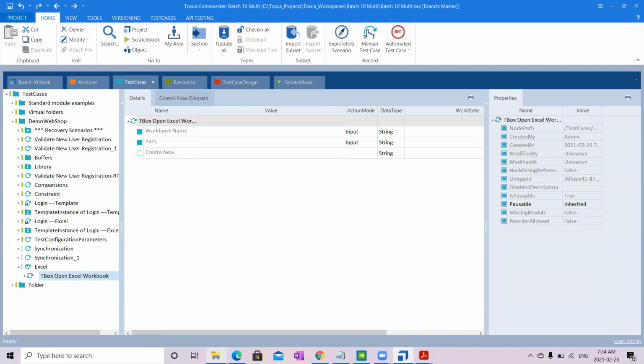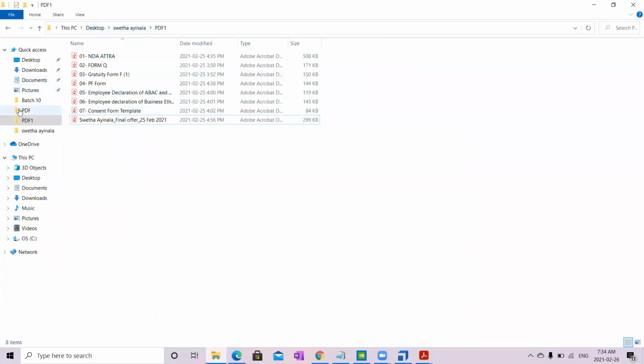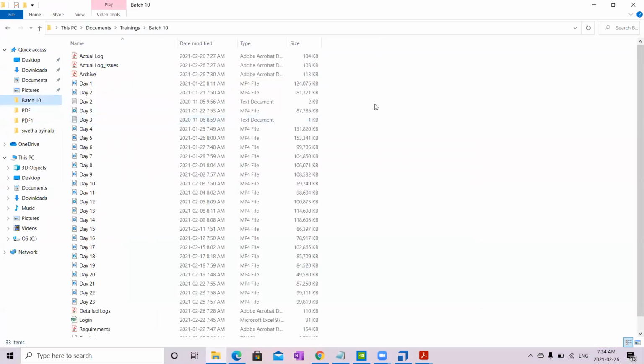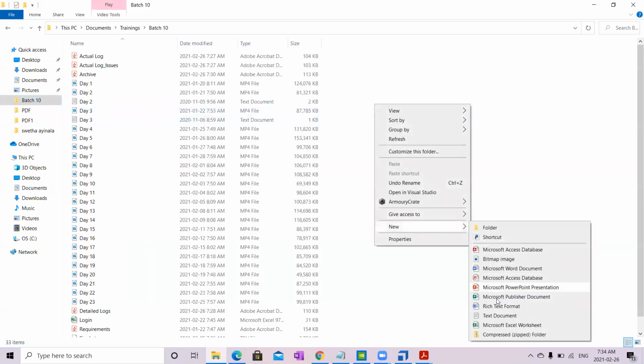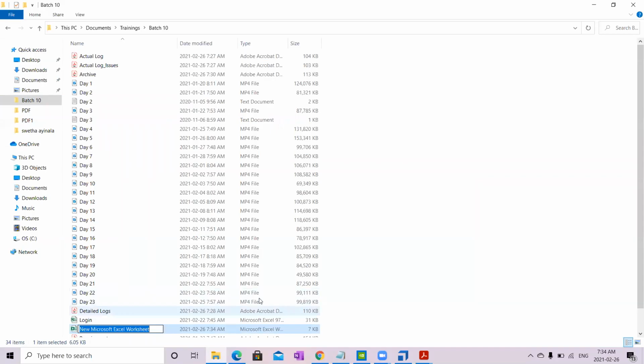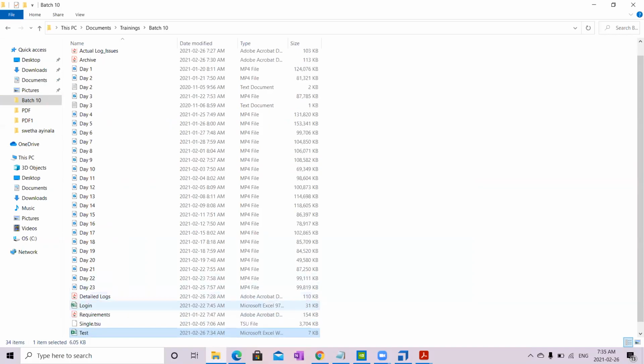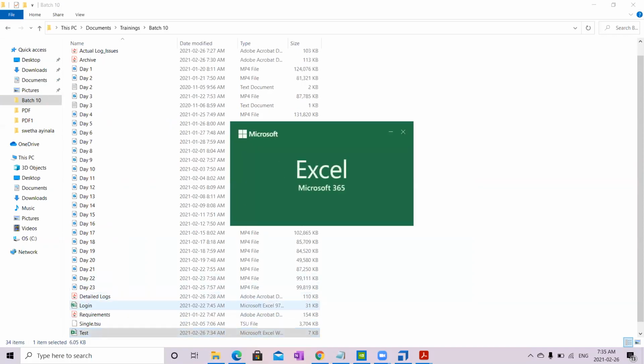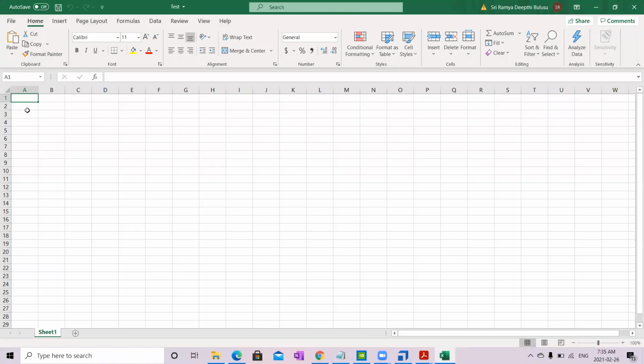Now you should choose some Excel workbook. Let us do one way. Let us go to your folder and right click, new Microsoft Excel sheet, and I'll give test as its name. In this test, let us start with A3. I'll write name, place, animal, thing. And I'll say Ramya, Hyderabad,